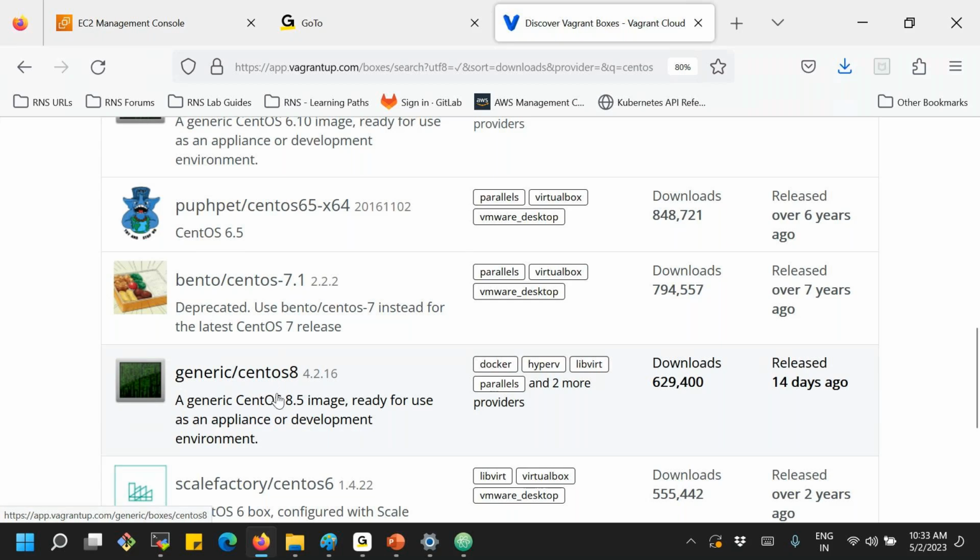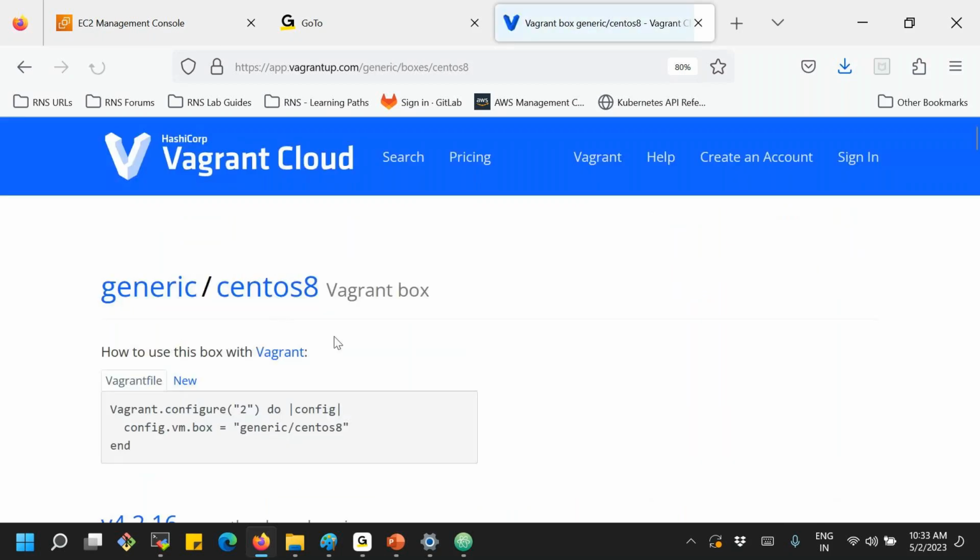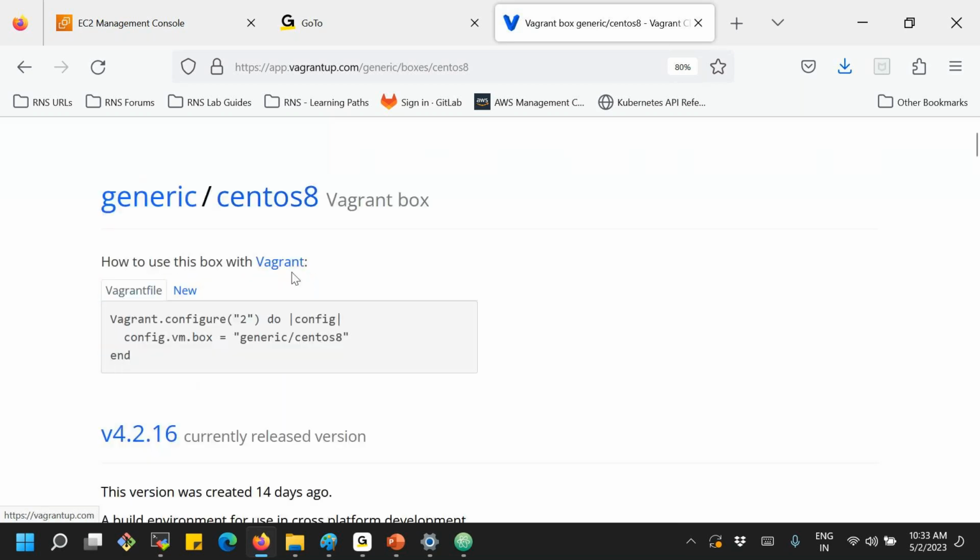Then what I can do is just click on that option on the image, which redirects to that particular image section. But how do we use this box, or how do we download it and use it to launch the virtual machine? They have given that option. Either you can create a Vagrant file here. So this is a Vagrant file. If you already know the Vagrant file concept, you can copy this content and define it in the Vagrant file. But we don't know the Vagrant file and all that, right? We just installed the Vagrant software. That's all. We didn't talk about any other options.